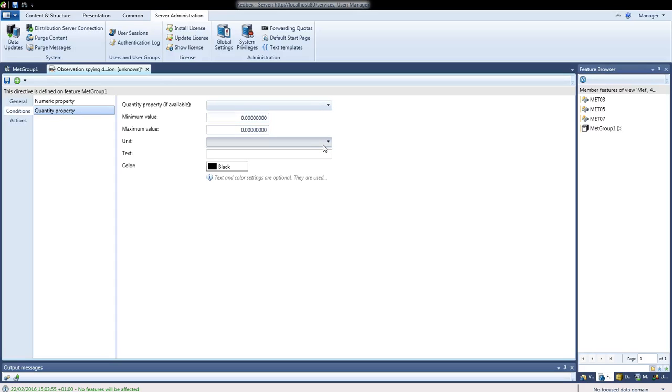For example, I could of course use meters and give my values in meters, and if the inches converted to meters reach this range, this minimum and maximum value, then the action would also be raised. So I can have observations in one unit and define the observation spying definition in another unit,